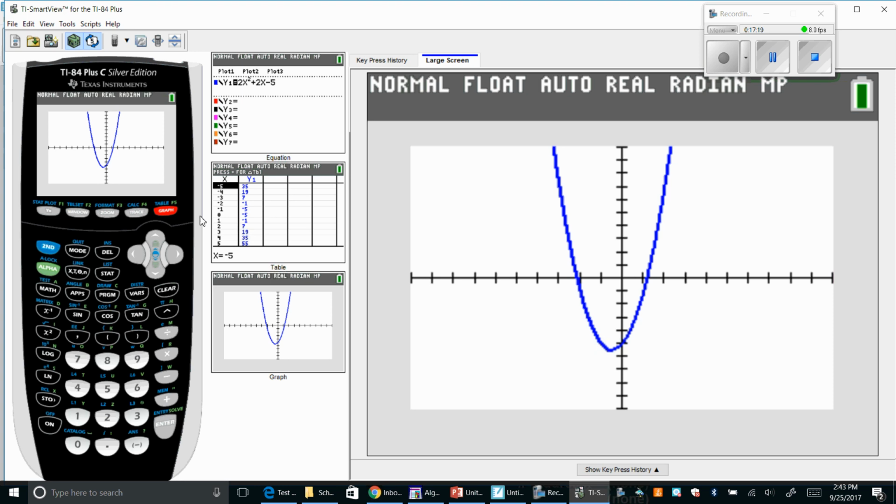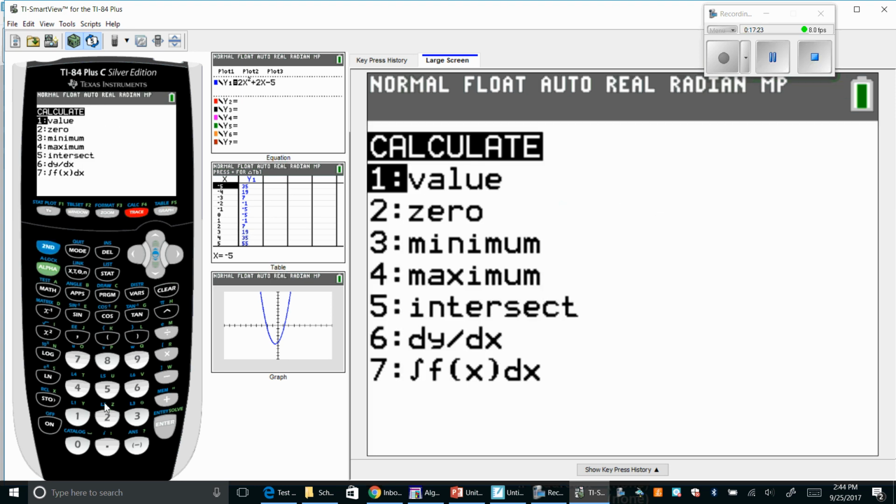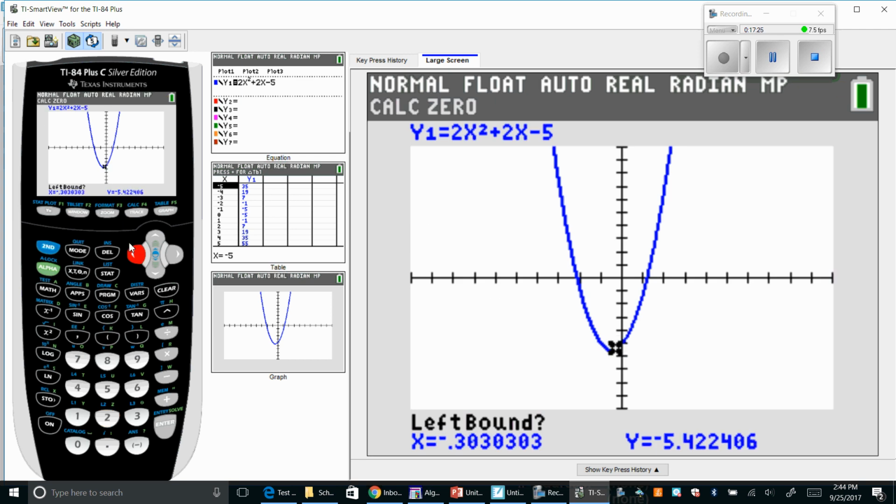This won't let me draw on this. I'm going to push second, trace 2. So I'm going to find the one over here on the left first. I'm going to move to the left of that 0 and hit enter. That gives me a left bound, and then I need a right bound. And so what I have here are 2 vertical lines and my zeros in between them. It says guess. I'm going to push enter one more time, and one of my zeros is at